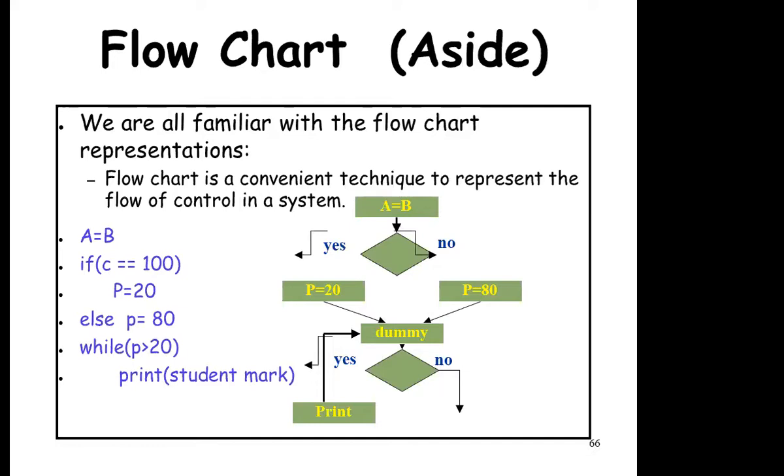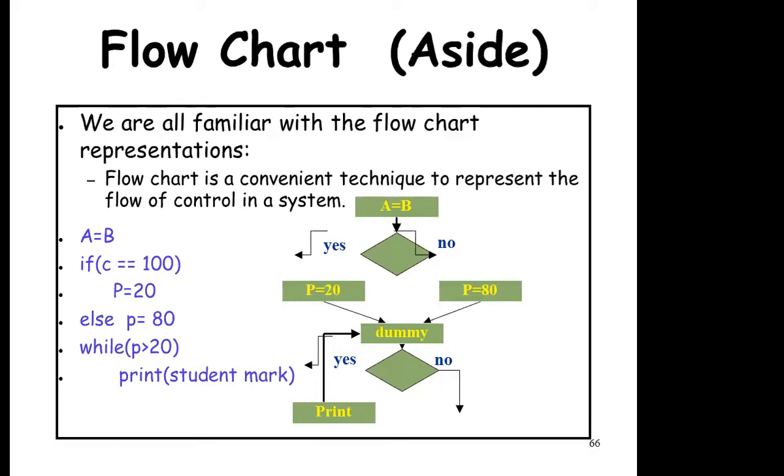But here we are using only the DFD and the structure chart. So the question can arise, sir, if there is this problem, then what can we do? Some of the experts may also use the flow chart. The flow chart shows the whole process, which process comes first, which afterward, and so on. And if there is a loop there, then the loop is also shown, and there is a diamond box where the condition is given.